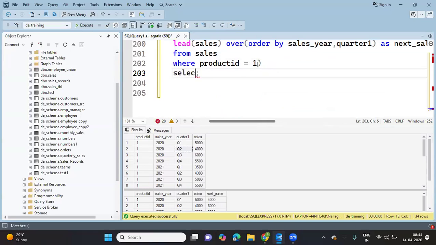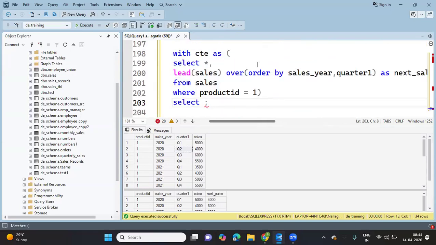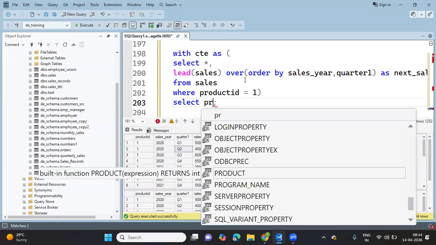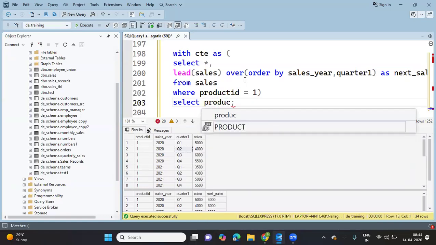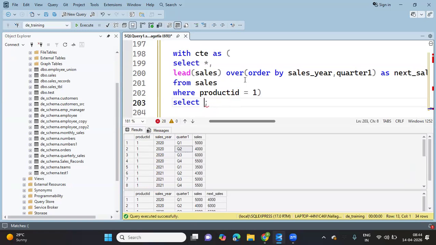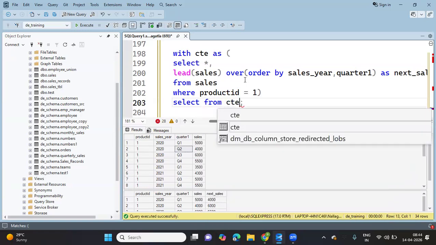Now select, instead of star, let's select the columns. Select from CTE,